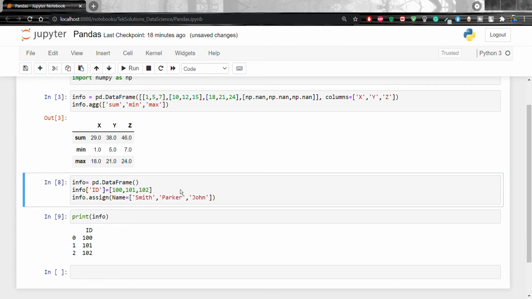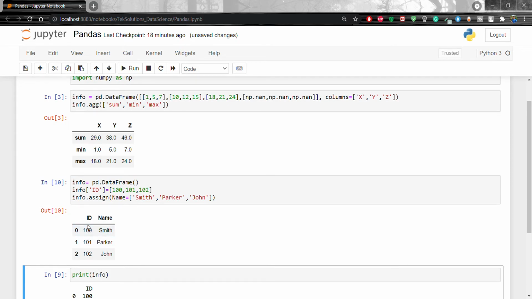So what will happen here? That is going to add the new column, the name, with the values Smith, Parker and John. So what will happen if I run print info? One column is going to be added here, name, with the values Smith, Parker and then John. Okay, let's shift enter, right? ID is 100, 101, 102, and name is Smith, Parker and John. Okay, so this is clear here.